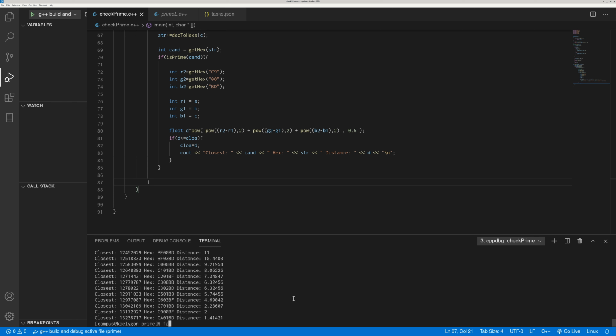13,238,717. And let's take a factor of that number just to see that yes, it indeed doesn't have any other factors than itself, so it is a prime indeed. The hexadecimal value is